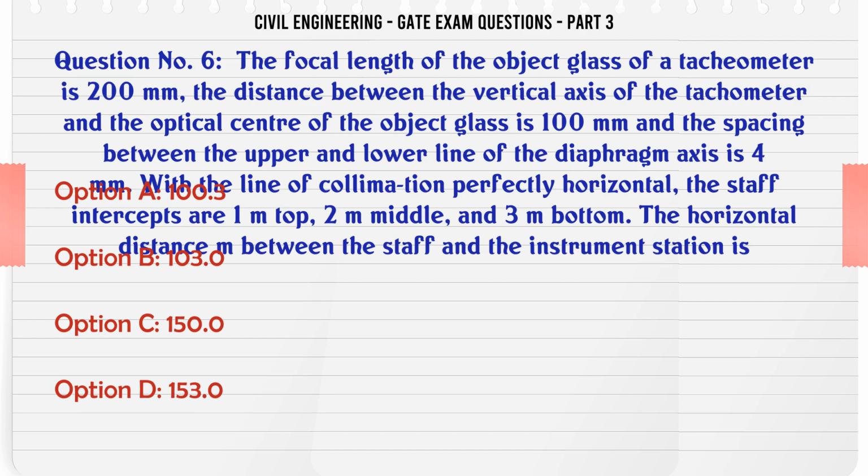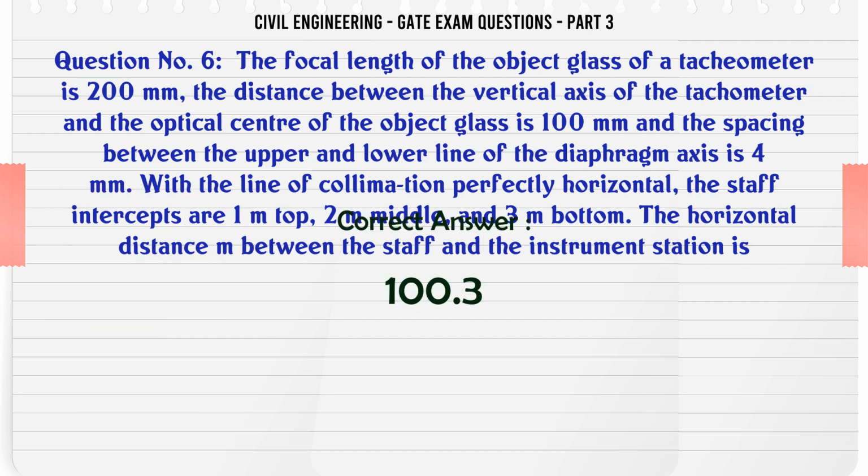The horizontal distance in m between the staff and the instrument station is A. 100.3, B. 103.0, C. 150.0, D. 153.0. The correct answer is